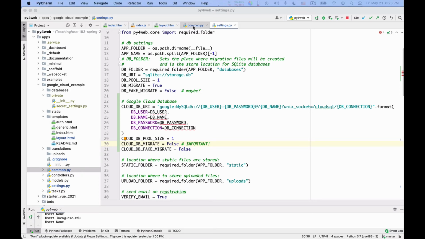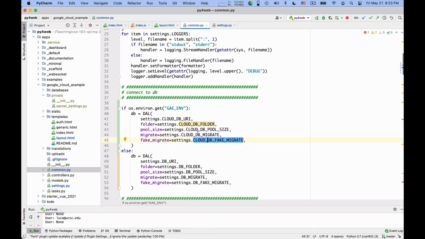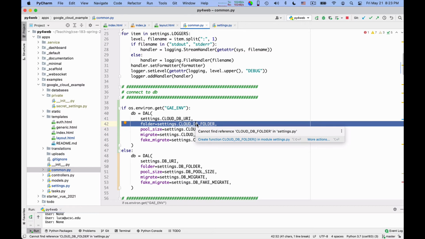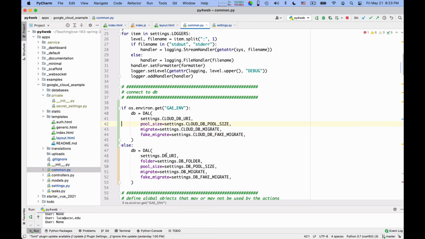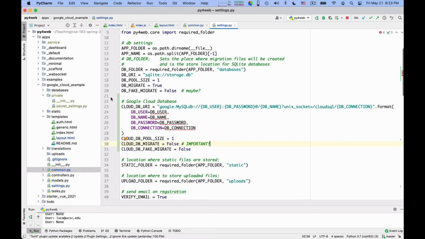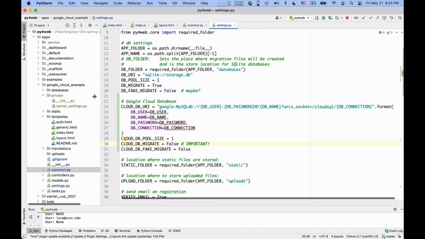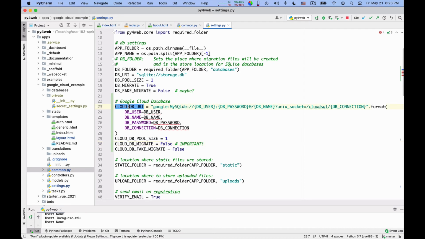Also here in common.py, let's remove this cloud DB folder that doesn't exist anyways. This would be the folder where the SQLite database is, and we are not using SQLite. Okay, so I remove that. Now in the remaining settings, let's look at what we have. We have a cloud database URI.